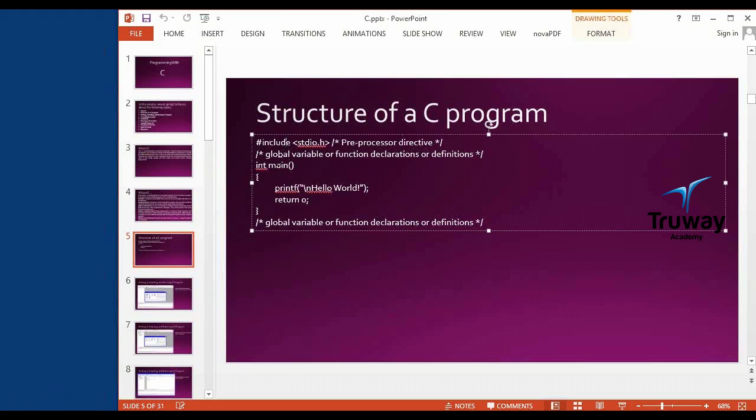You can see that I have different things written here line by line. First I have written what we call #include <stdio.h>, which is called the preprocessor directive. After that I create global variables, which we will discuss later on. But we need to understand that after the preprocessor directive, we do something which is globally available to the entire program. And then we write the main function, which is usually called the entry point of the